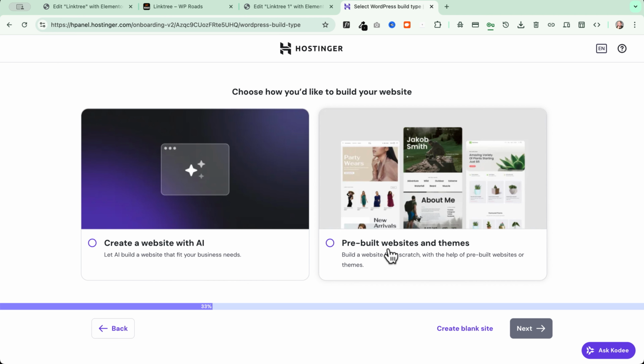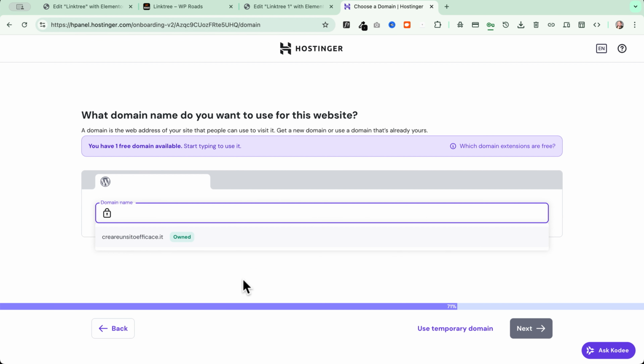I do not want to use AI, I do not want to use a pre-built website, I just want to create a blank site. And here I can claim my free domain. In fact, when you buy on Hostinger, you always have a free domain for the first year. This is huge. So if you already have the idea of your domain name, like for example,